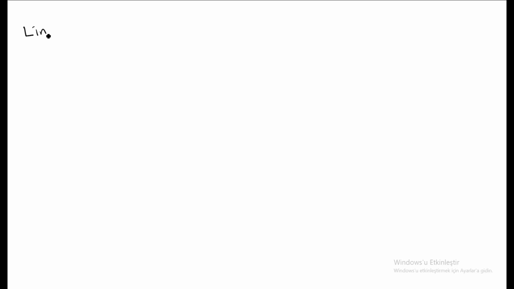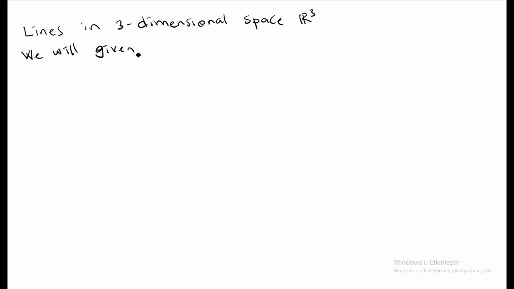Lines in three-dimensional space, R3. So here we will give certain equations of lines. So first one is this: